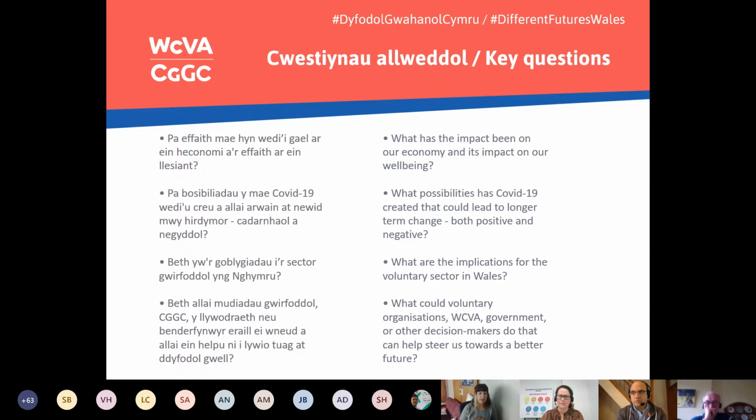And understandably, on a national level, the focus has been on making sure that everybody is as safe as possible and protected from the virus. But the kinds of services that people rely on to maintain their mental health and well-being have had to cease. So there's been a lot of pulling together from the voluntary organisations that we work with to try and enable those people that are maybe not able to access the day services that they once would have gone to, or the social groups. Our members have been involved in trying to create opportunities to do that in a different way.